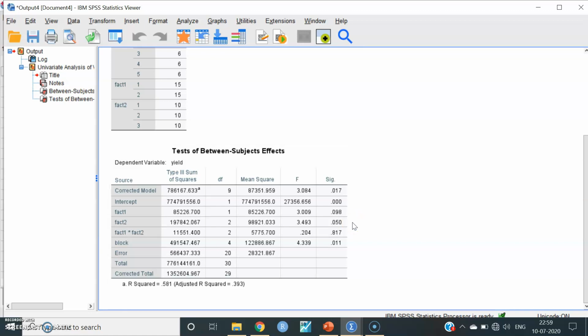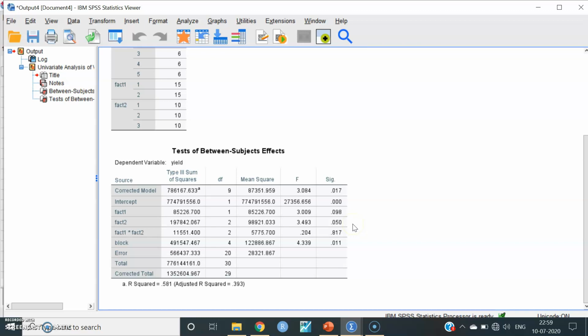It means factor 2 is significant at 5% level of significance. The rest of the terms, that is factor 1 and interaction of factor 1 and 2, are non-significant at 5% level of significance.